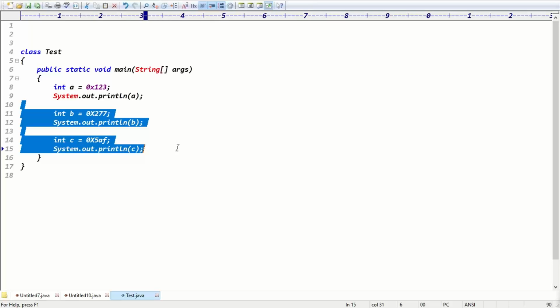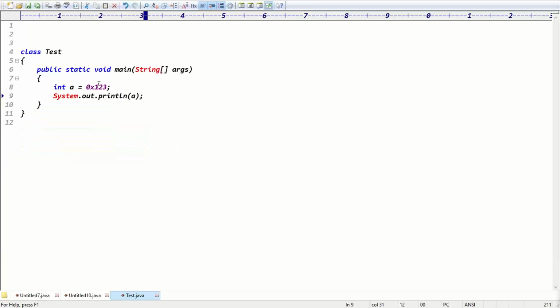Exactly. Next example, I can take a decimal number, assume like 15. I want to get the corresponding binary data. What is the binary data of 15? In 8421 code, which flags do you have to enable?